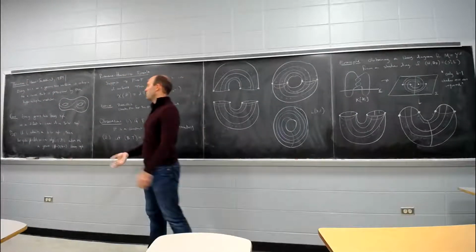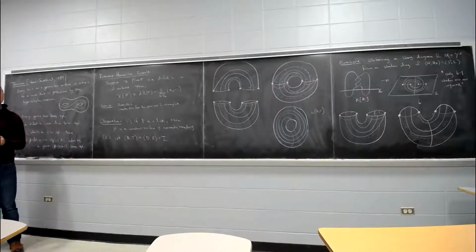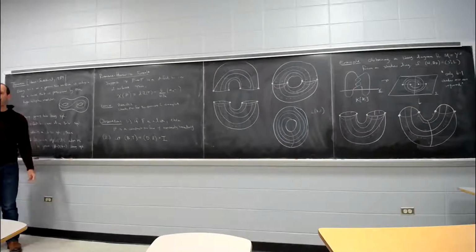If anyone's interested, we should definitely talk more about branched coverings, because it's a pretty interesting thing to think about, especially from a theory of trisections point of view. So the reason why this is so successful is because